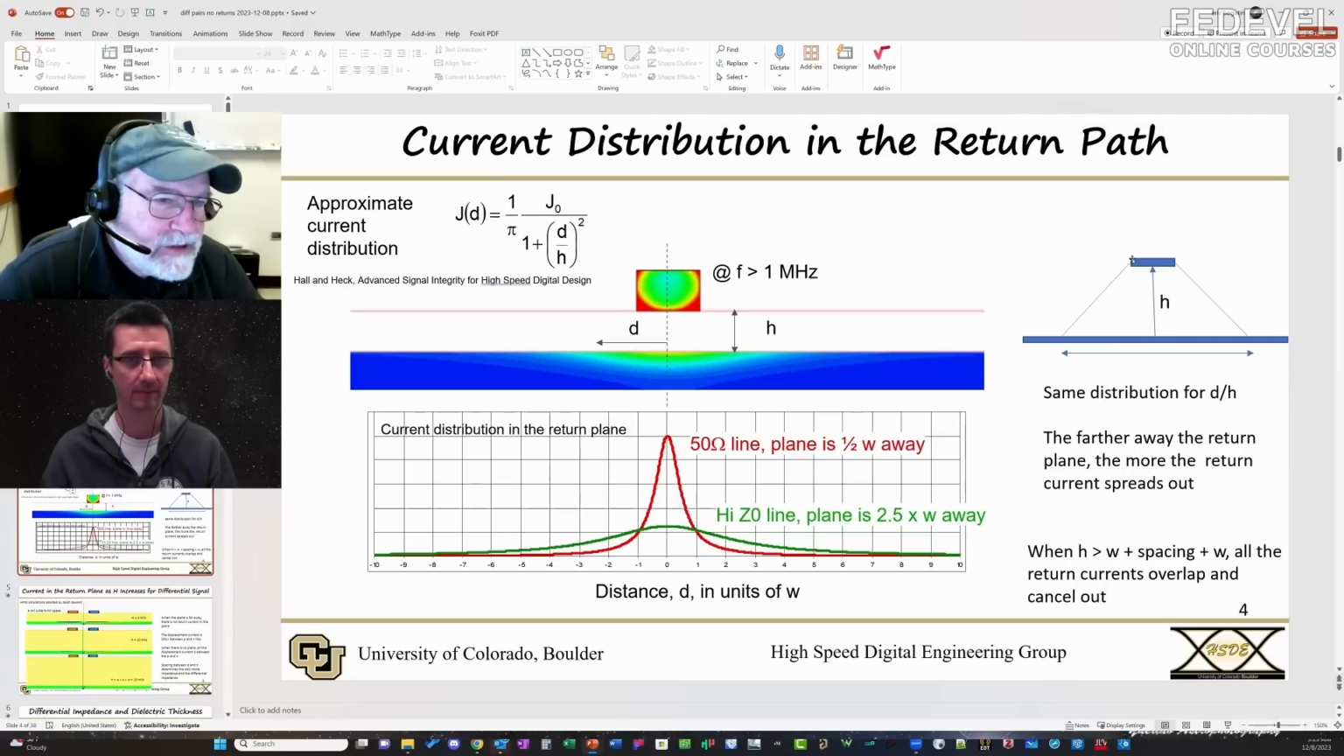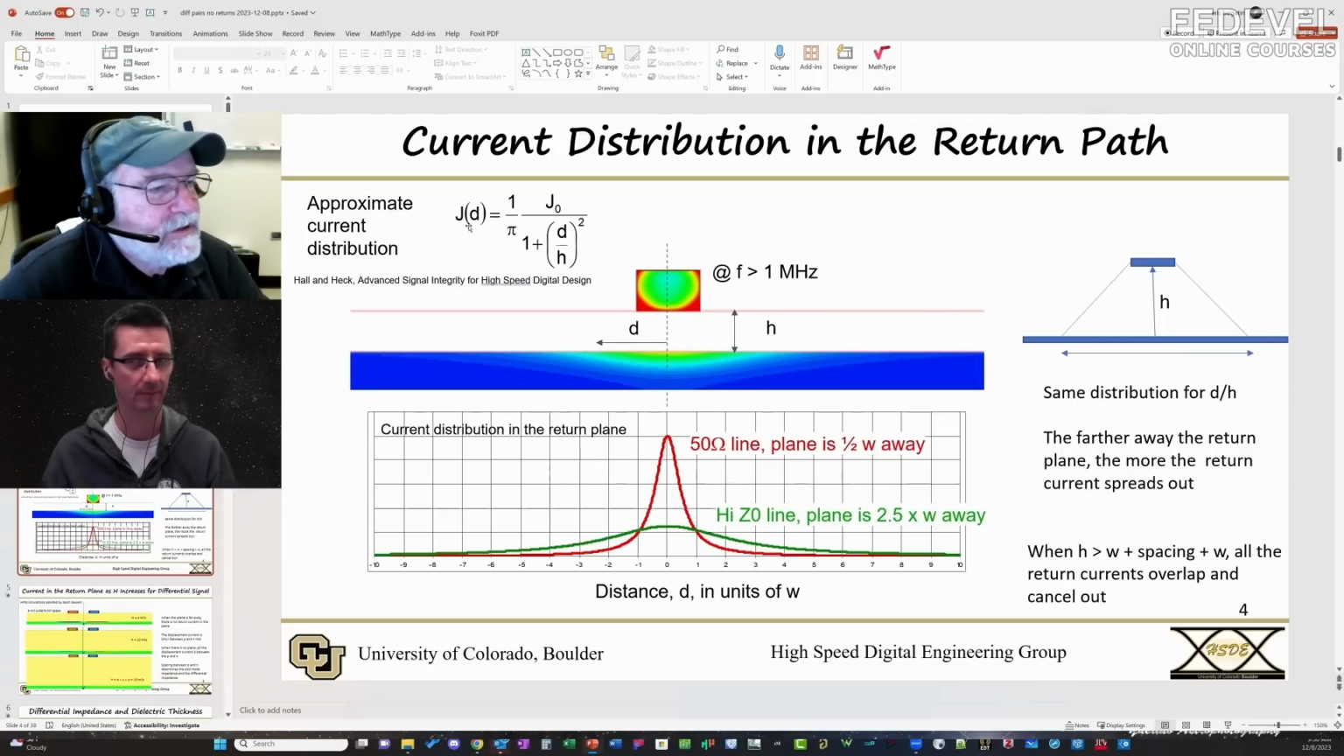And if you think about it in terms of aspect ratio, here is a rough approximation for what that current distribution is in the bottom plane. Here is that value of D. This is how far away I look, and H is the dielectric thickness. And if the aspect ratio is constant, if I look at a certain distance and it's a certain dielectric thickness, I'm going to have about the same relative current